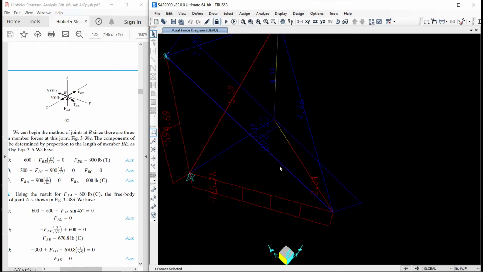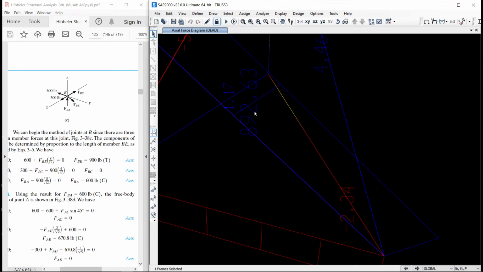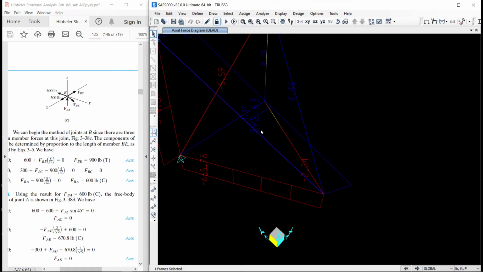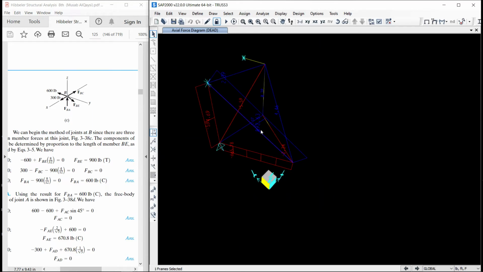So here 892.63, that means very close to 900. From A to B is 600 pound, 594.69, that is 600 pound, which is very close. So that means we are getting very close results.